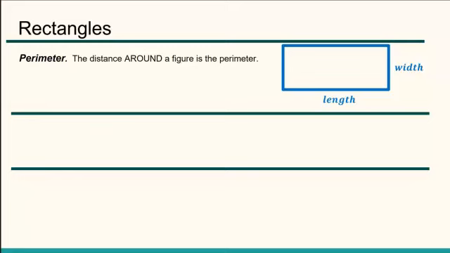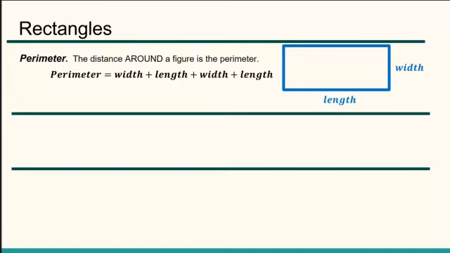So if you started walking at one corner and you walked all the way around, you'd say the perimeter was equal to, I just started at a corner, like say up here at the top, and I walked the width, then the length, then the width, and then the length. And if you add all that up, and I like to use just single letters because it makes it look better, I just write P equals W plus L plus W plus L, and that would equal perimeter is 2W plus 2L. But I don't have to simplify it like that if I don't want to. I can leave it as W plus L plus W plus L.